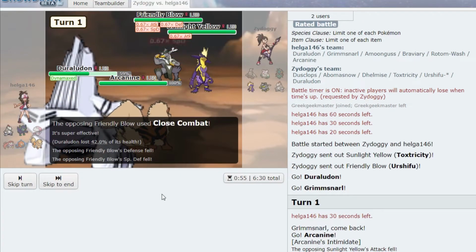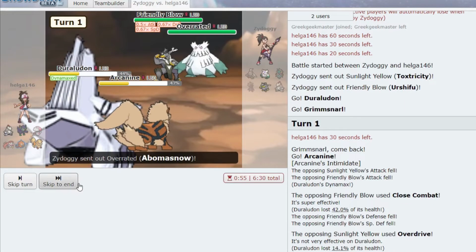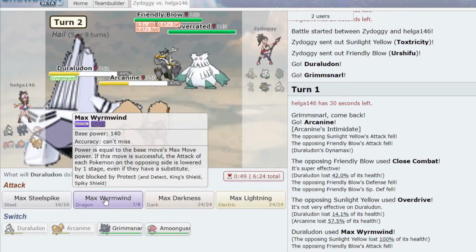That does a lot more than I would have wanted it to. Yeah, okay, so now we're going to be in range. At least we get that off, but now we're going to be in range of... Yeah, that wasn't actually great. Also, why did Overdrive do so much? But I think we almost needed to do that. Abomasnow can go for the Protect here. He's probably just going to...